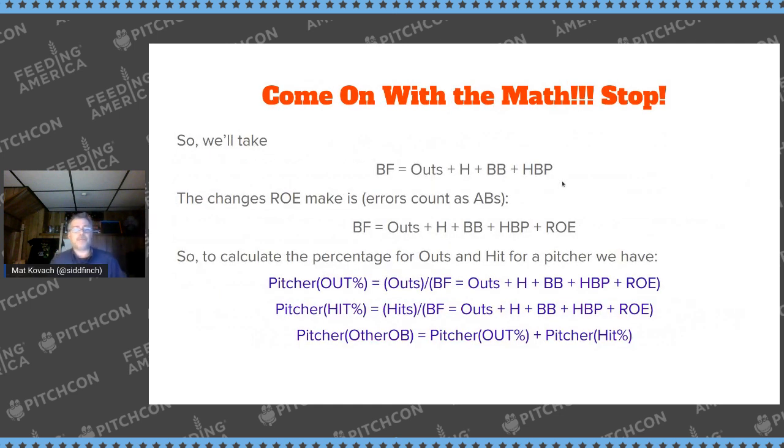So now we've got to incorporate, I know, more math, our runners scored on error and get on base on error, because remember, we're not including at bats. So we have to include these as at bats in our calculation. So now we know our batters faced. We can calculate outs. That's fairly easy. We take innings pitched times 3.